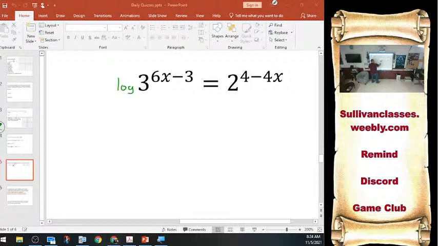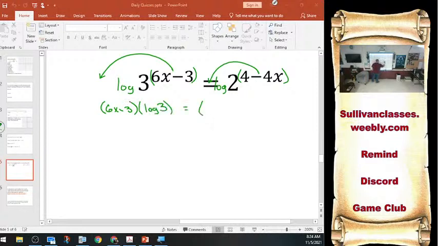So I'll take the log of this side and the log of this side. Now my exponents come down as coefficients. So I'm going to have 6x minus 3 times log of 3. I'm going to have 4 minus 4x times log of 2. I distribute it,